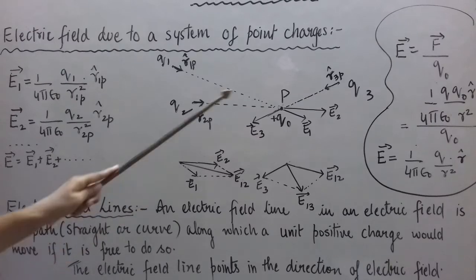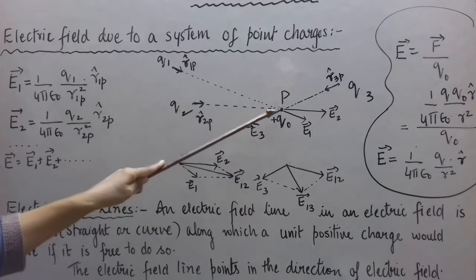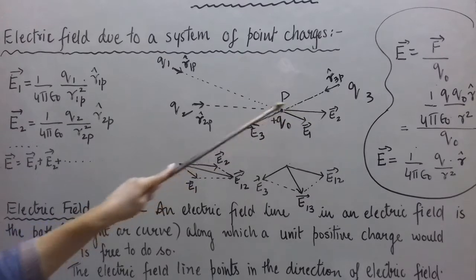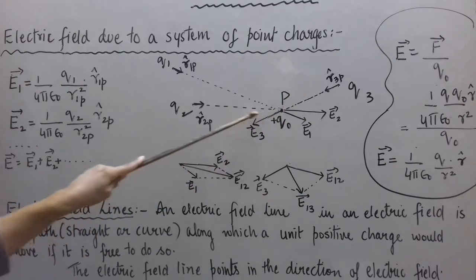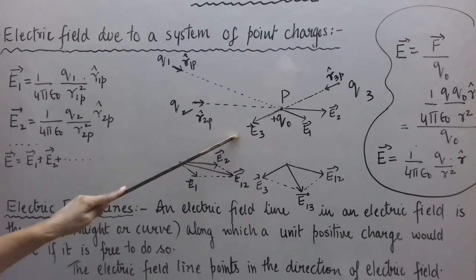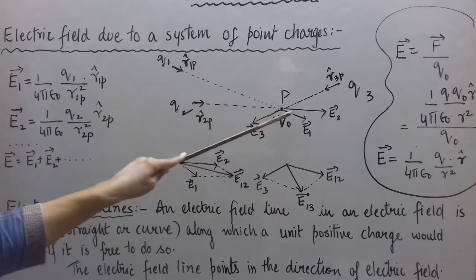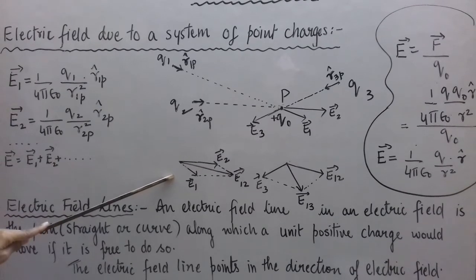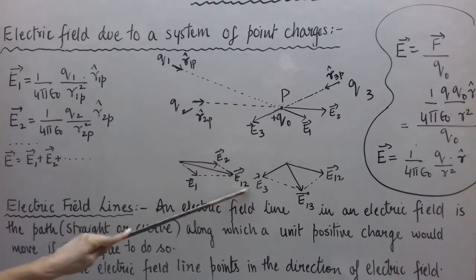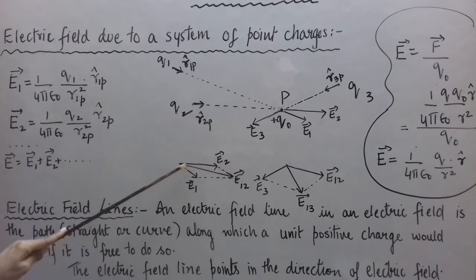Here for simplicity, I have taken a system of 3 point charges. See, E1 I have represented by this vector, E2 by this one, and E3, the electric field due to Q3, as this. Let us recall how to add these three vectors. First take E1 and E2. I have displaced them here, and using the parallelogram law, I have found the resultant of E1 and E2 and called it E12 bar. So E12 bar is the resultant of E1 and E2, which I got by using the parallelogram law.